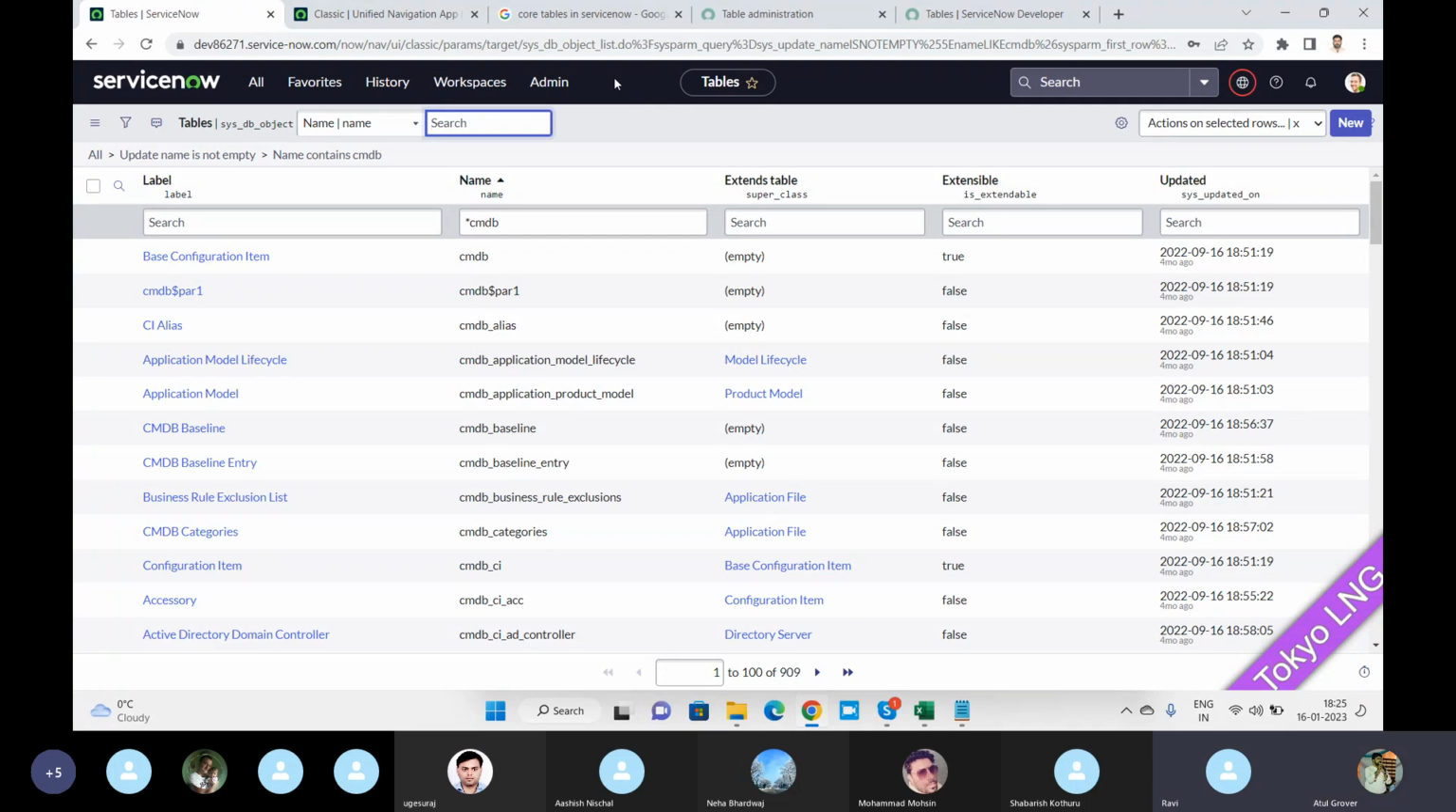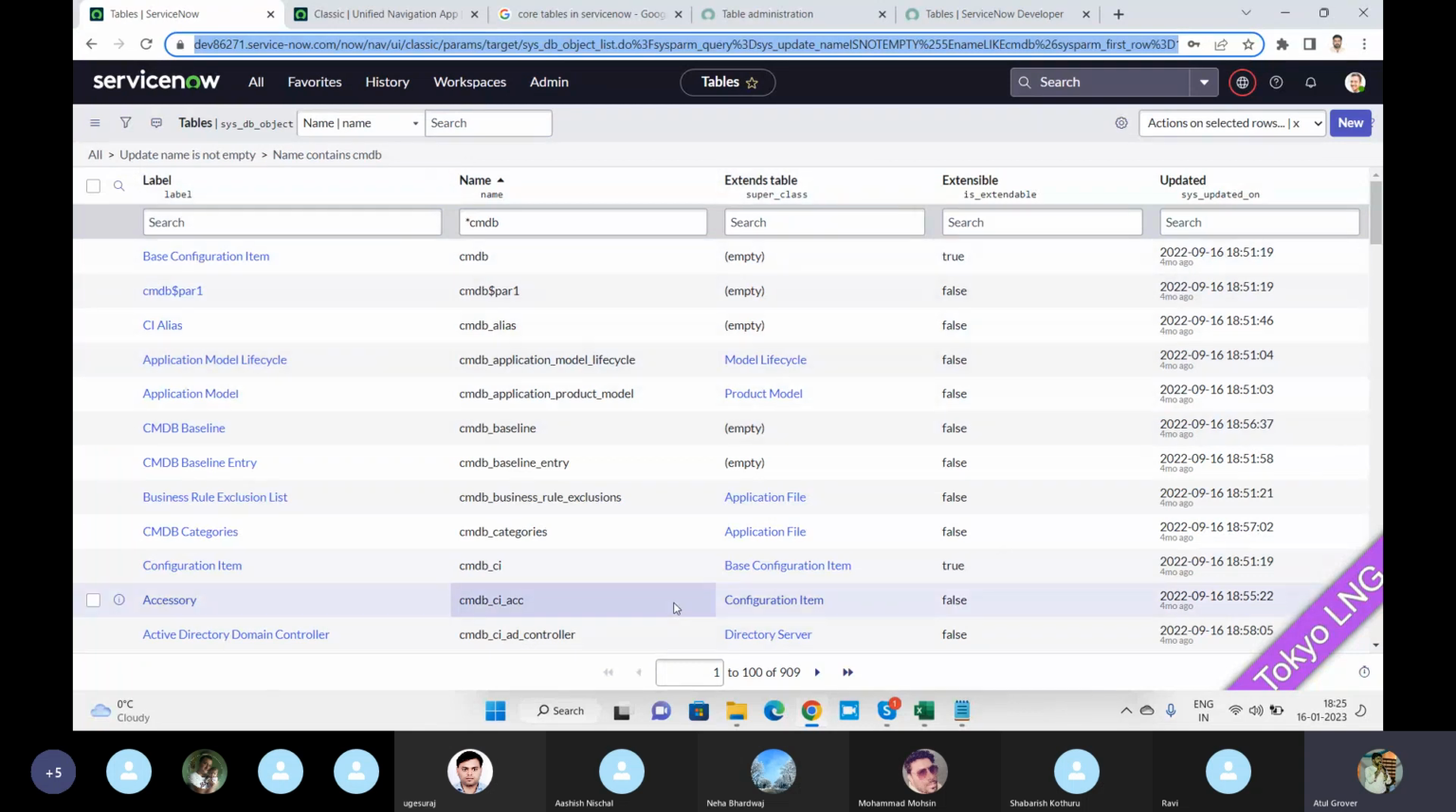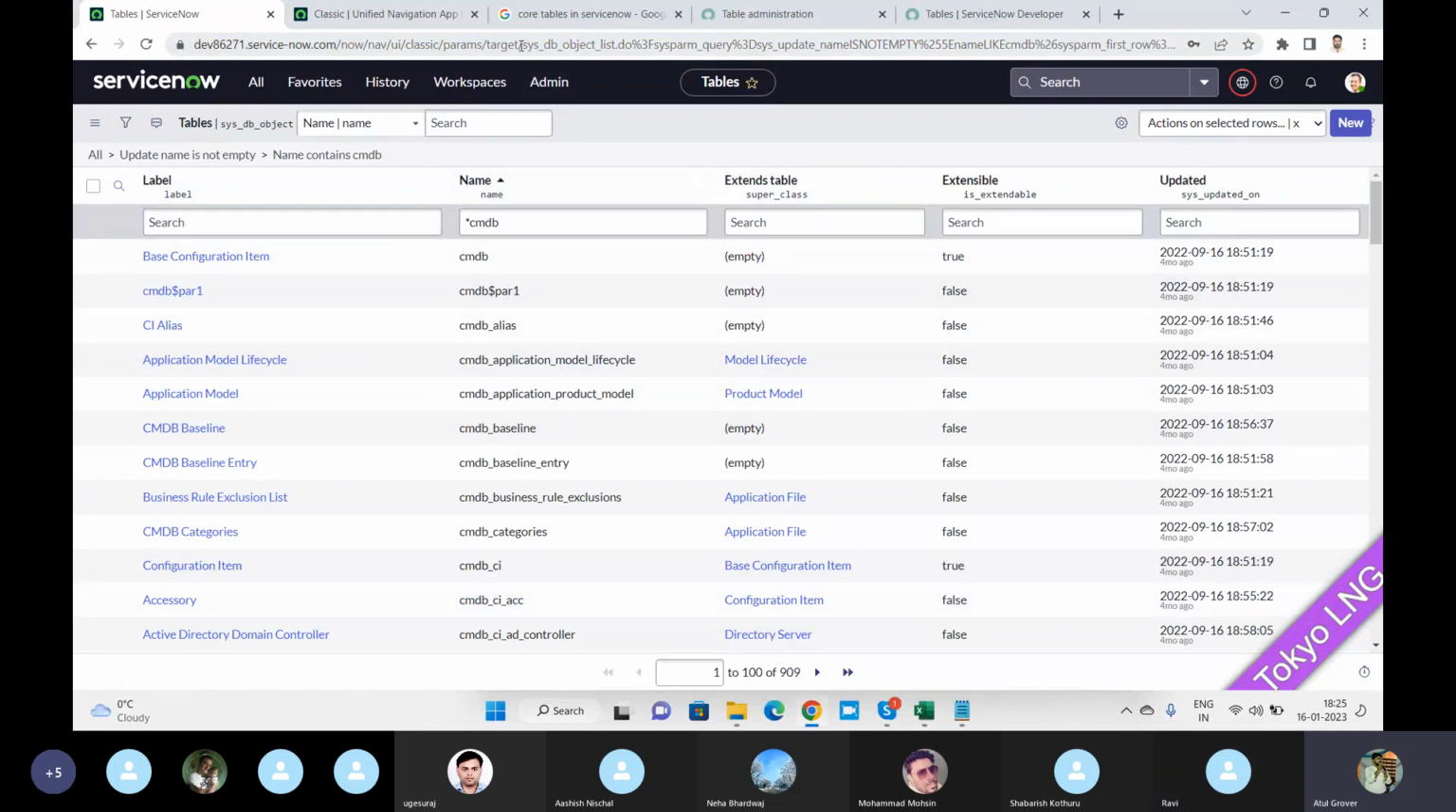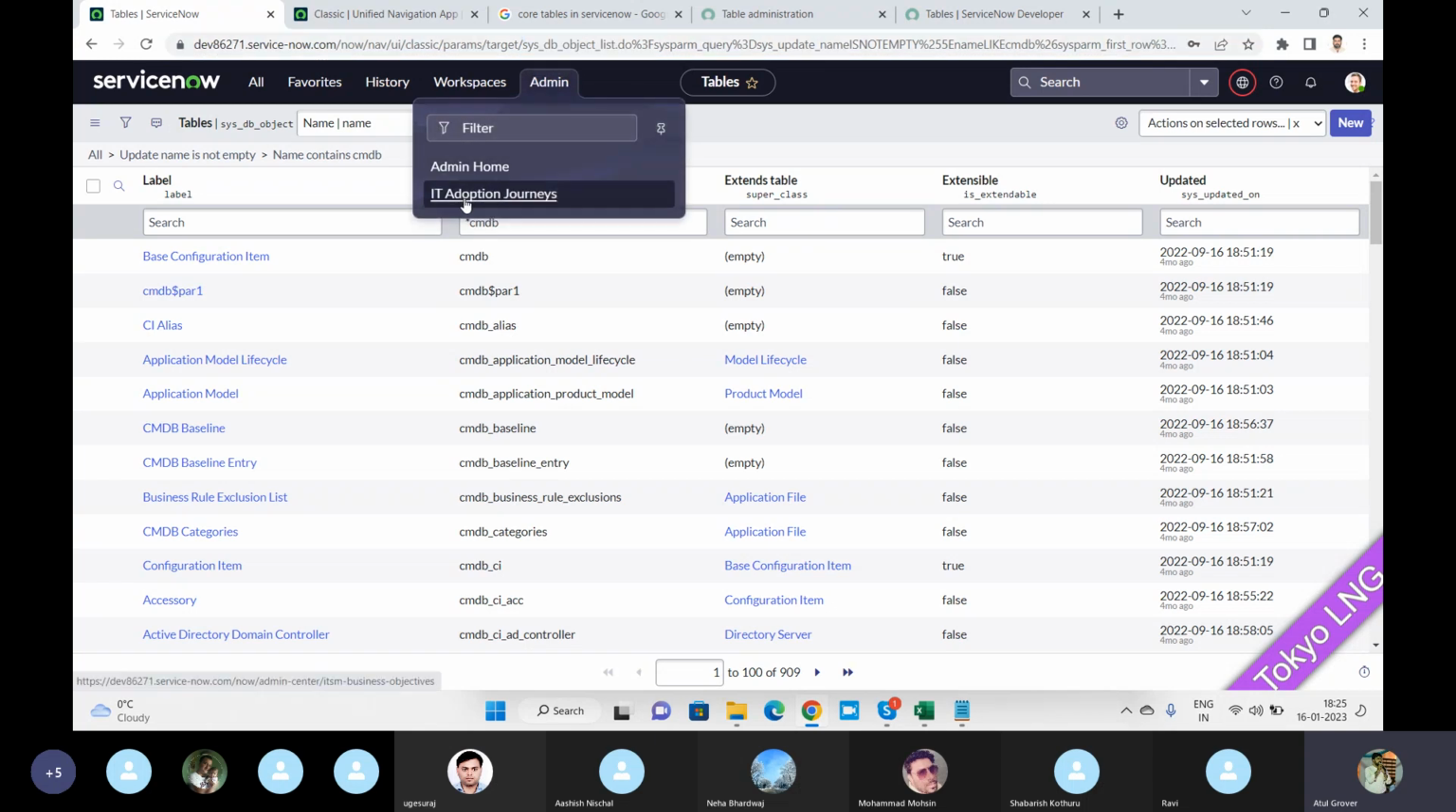I gave you one homework, right? In the address bar, you will find the information about where we are standing at that point of time. All the lists you are able to see are stored in a table. The word which ends with .do is the table name for me. So if I click on this admin,